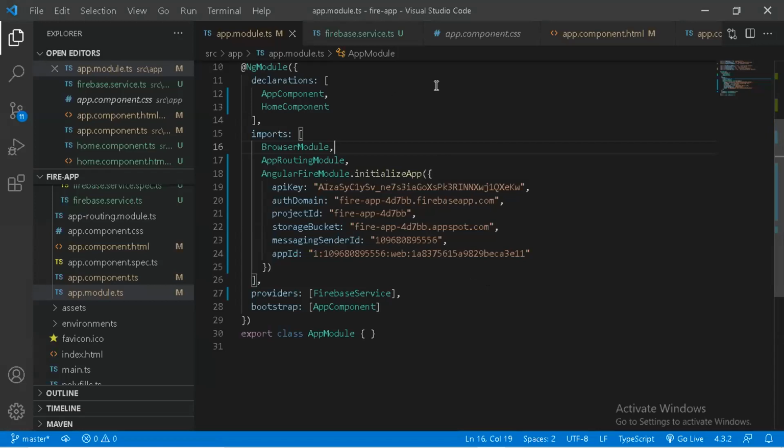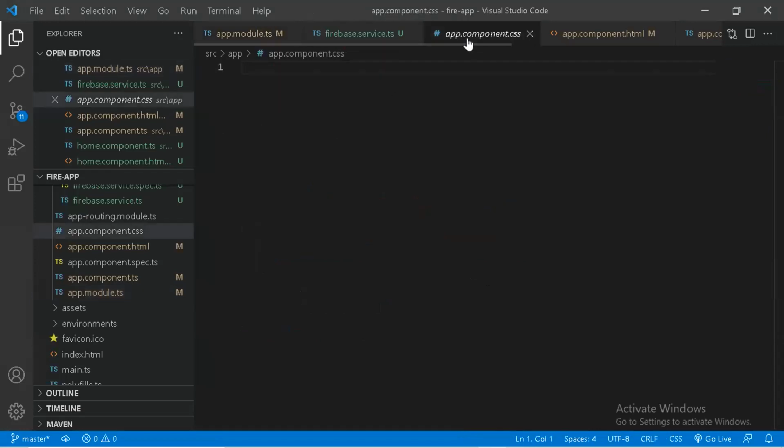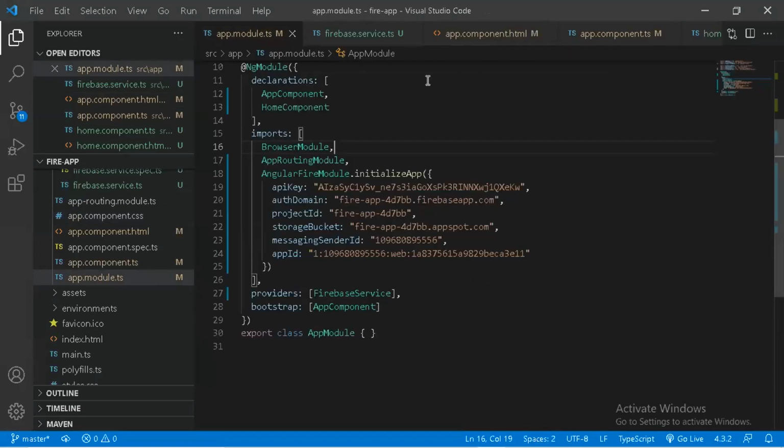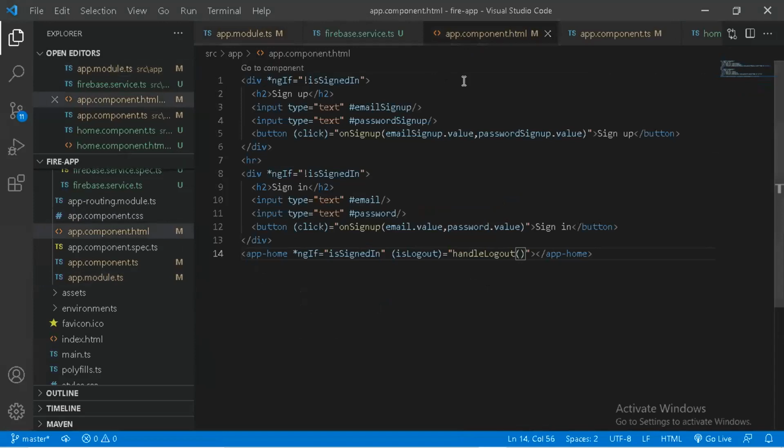Now I have to create some objects so that I can transfer my real-time data, like user email ID or password, to the database. So this is my app component HTML, where there is a div with ngIf, an Angular directive, which is used to compare the isSignedIn method.